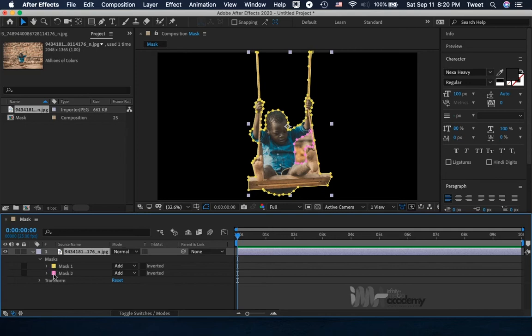One is the yellow color and the other one is the pink color. Now what just happened here is because the mask on the first mask has an add option that you can see here, and the mask on the second mask has an add option too that you can also see here. So what we want to do is to remove this second mask, which is in pink, from